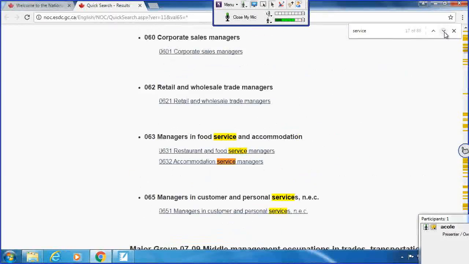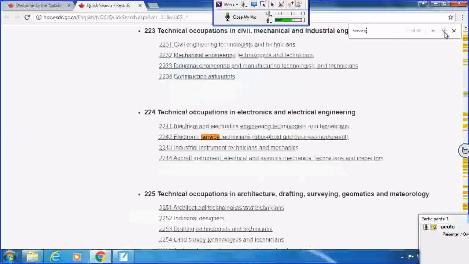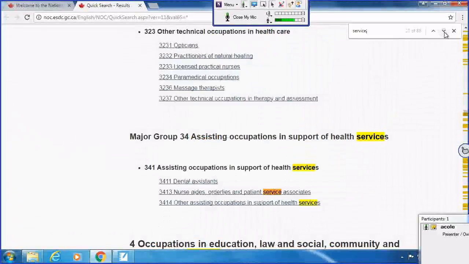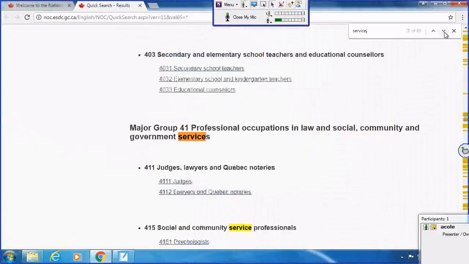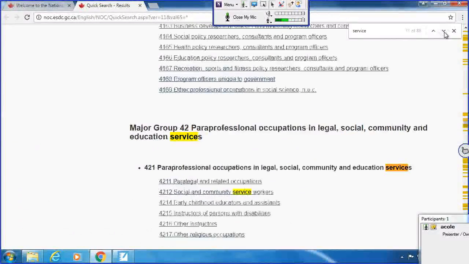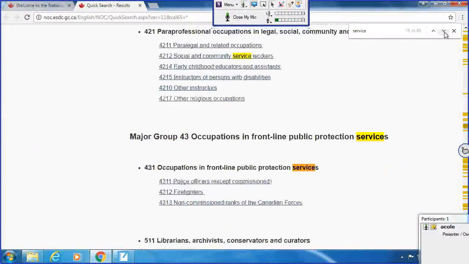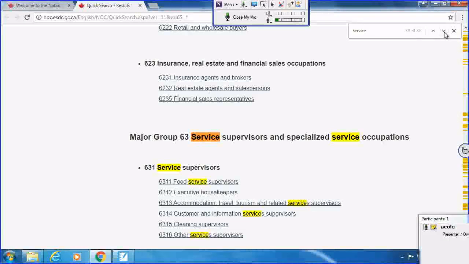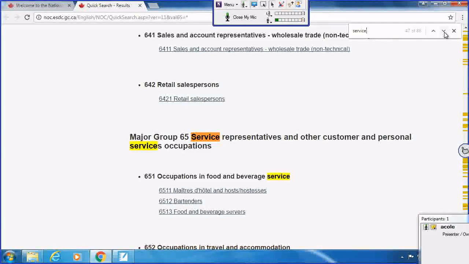So you could use this tool, and there's a lot of different ways that you could provide service. You can even find judges, there's so many things, community service workers, food service supervisors, food and beverage service, right?